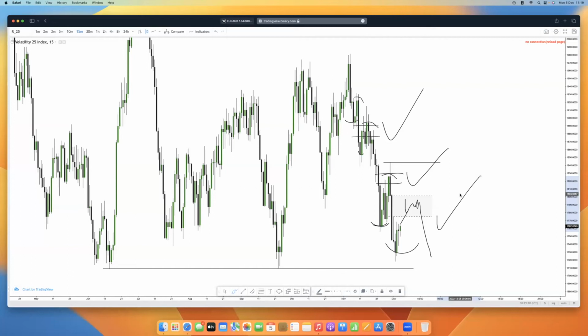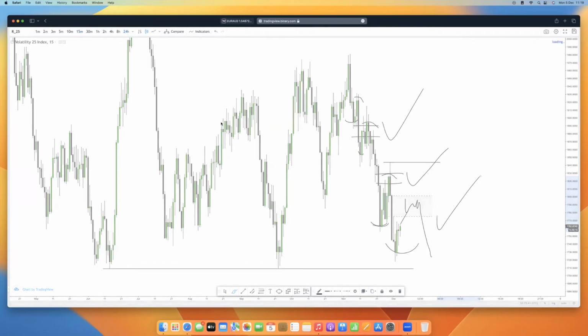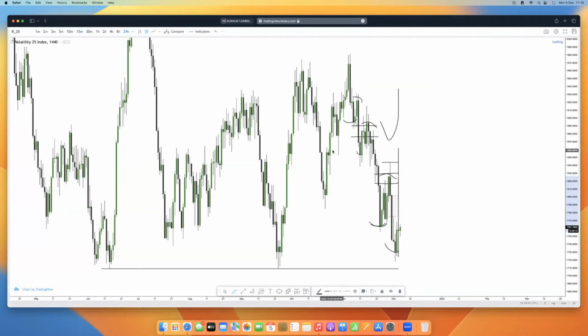And then you need to make sure that it is a high probability. Are there reasons as to why it's going to go down? Are you buying at premium? All of that stuff needs to be there. You're not just going to be taking a trade because, oh, I see it play out here before. Are there reasons that are backing up why it should go down? This is in the daily chart. The time frame is showing 15, but it is the daily. To go to the daily now, it's going to be the same thing.